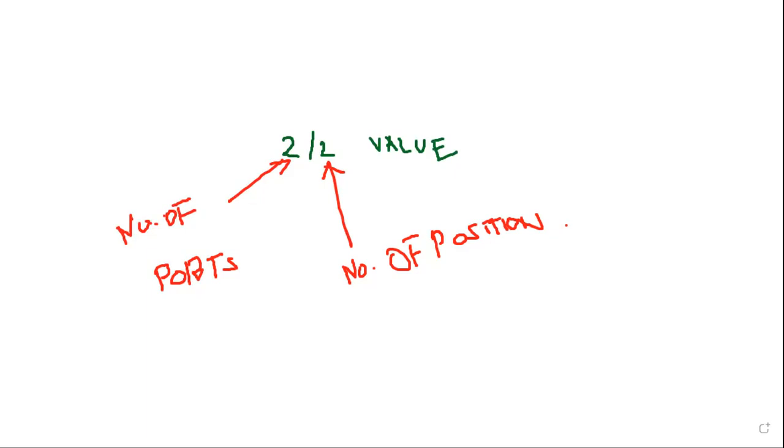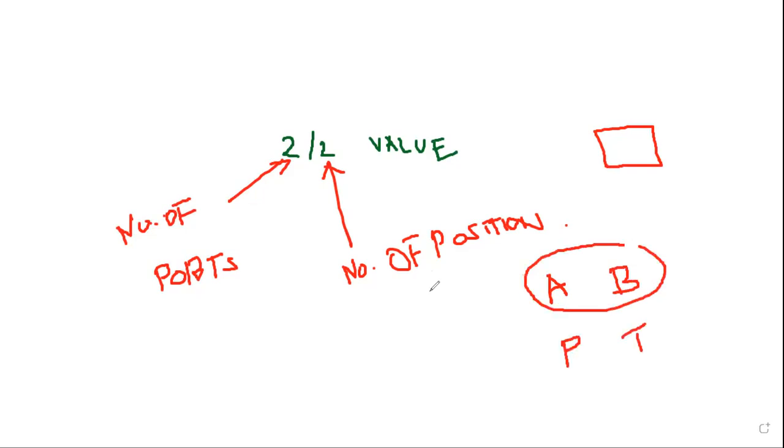And then the 2 on the right side specifies the number of positions, where the valve is positioned, where the output is going to be directed, where the inlet is being directed. That position it shows. Position symbols are shown with a square box. The number of ports is specified with the symbols A, B, T, P, T. In this, A and B specify the inlet condition.